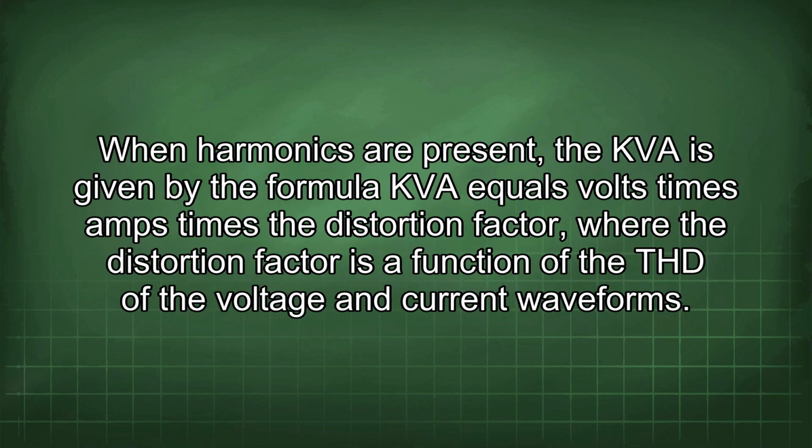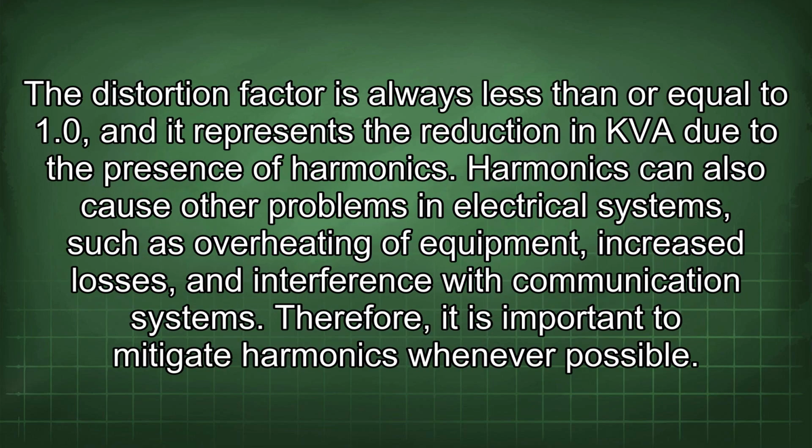When harmonics are present, the KVA is given by the formula KVA equals volts times amps times the distortion factor, where the distortion factor is a function of the THD of the voltage and current waveforms. The distortion factor is always less than or equal to 1.0, and it represents the reduction in KVA due to the presence of harmonics. Harmonics could also cause other problems in electrical systems, such as overheating of equipment, increased losses,